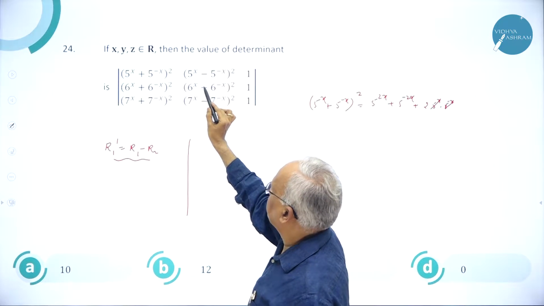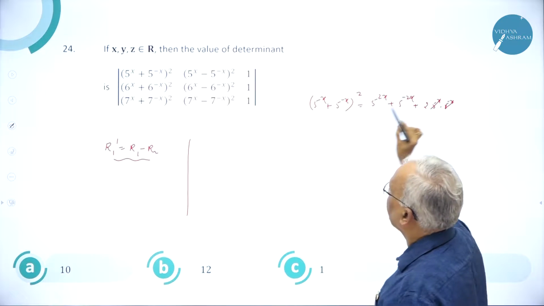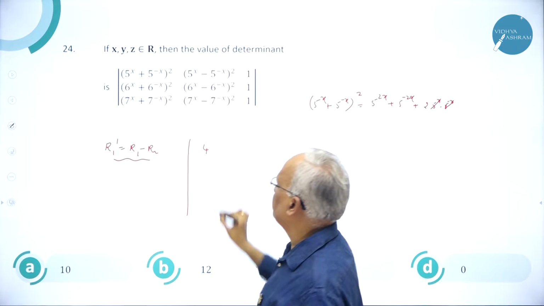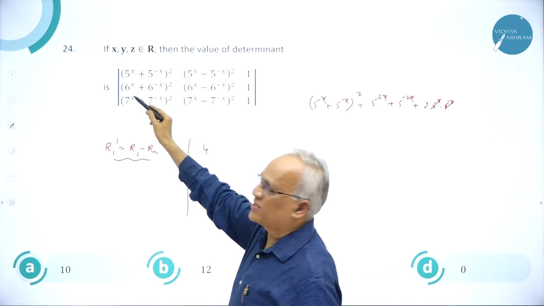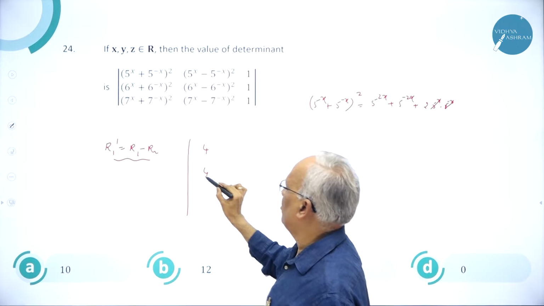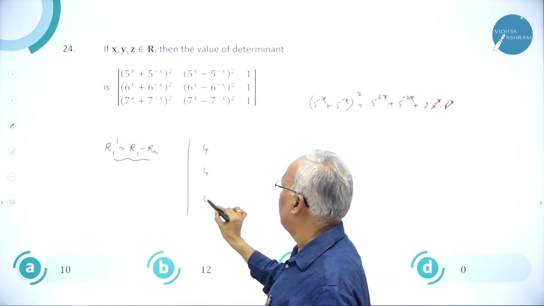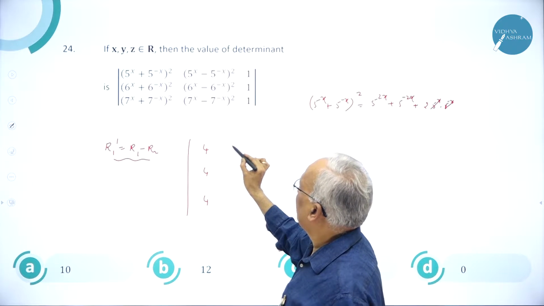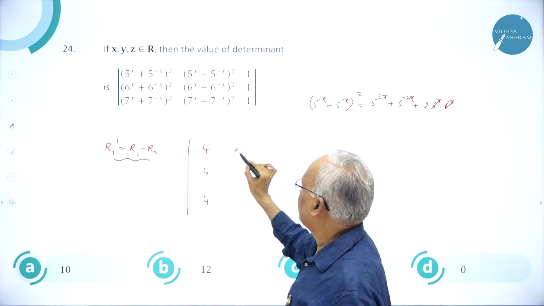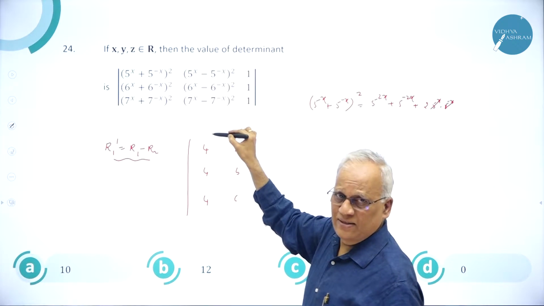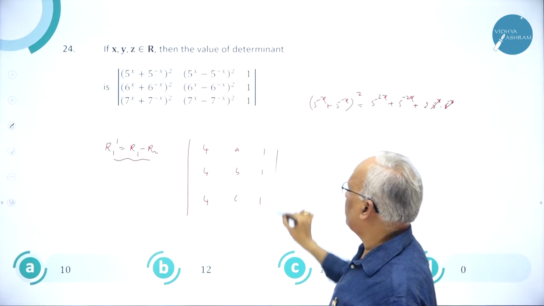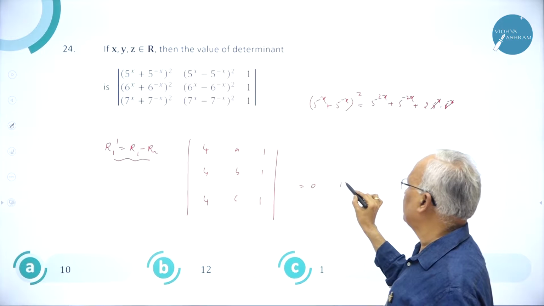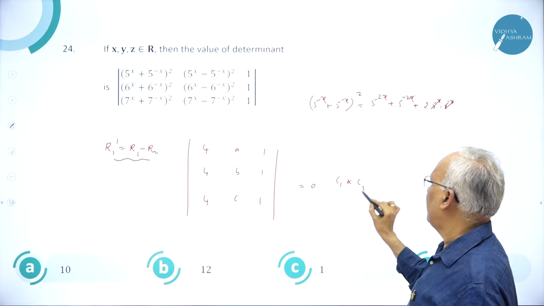So if you subtract these two, 5 power 2x, 5 power minus 2x cancel with 5 power 2x, 5 power minus 2x. So 2 minus of minus 2 is 4. Similarly here, whether it is 5 or 6, the idea is the same. Here also 4. This also, the difference is 4. Now, the second column, you can write as it is. I don't waste my time on that because it doesn't depend on that. A, B, C I write here. And 1, 1, 1 here. So what you should observe here, these two columns are identical,